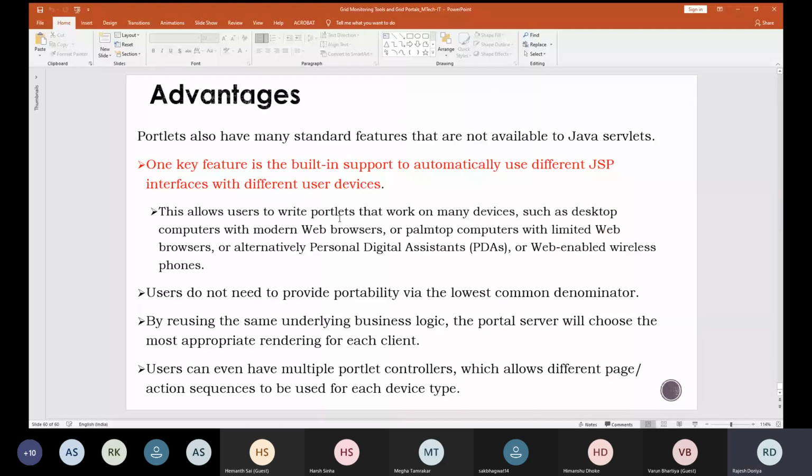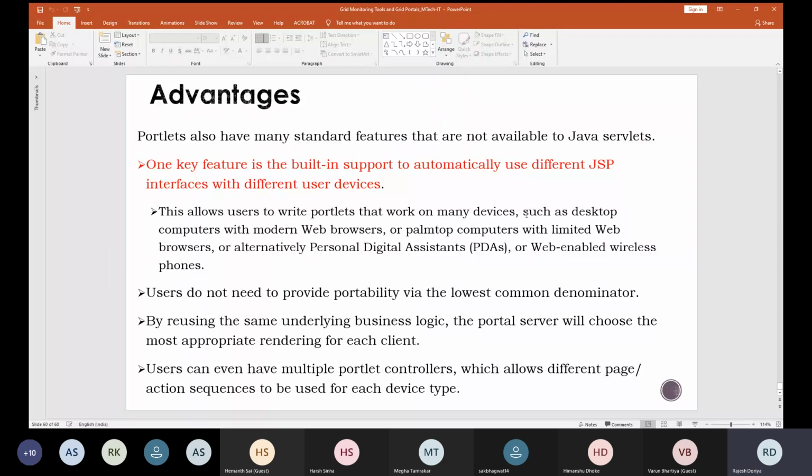You can say portlets have many standard features that are not available to Java servlets. One key feature is built-in support to automatically use different JSP interfaces with different user devices. That means if you have a number of devices, the information can be presented on all of them, and there is no need to make any change in the original code.